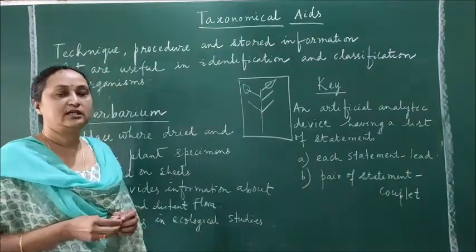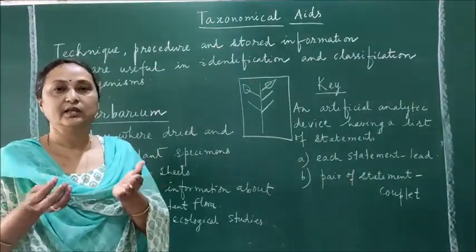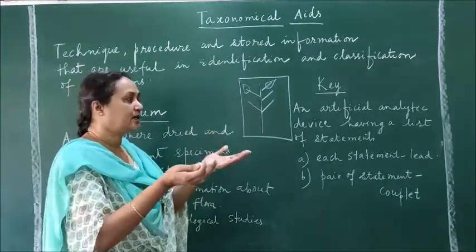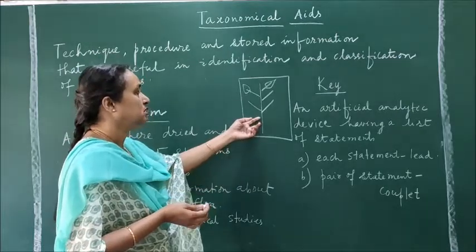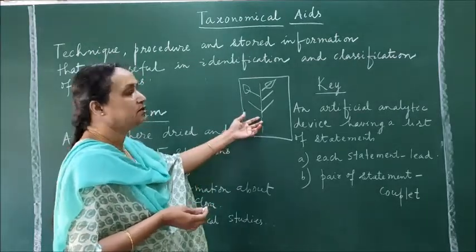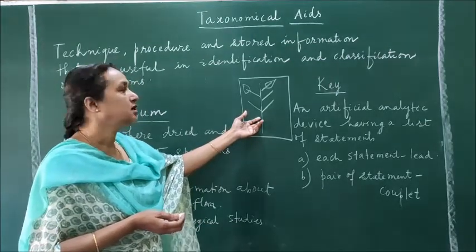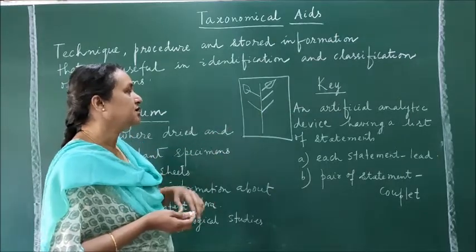Because if a flower is there, then you have to spread the flower properly so that the petals are seen properly, the calyx is seen properly. Or if the leaves are there, then also you have to spread the leaves properly. Then you can apply glue or gum, or you can also use sellotape. In place of the sellotape, generally we use the gum because it is more lasting on a herbarium sheet.